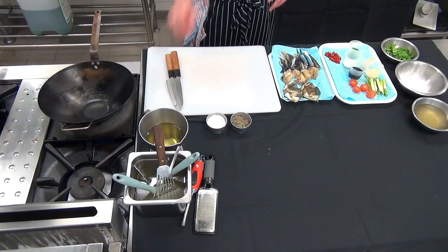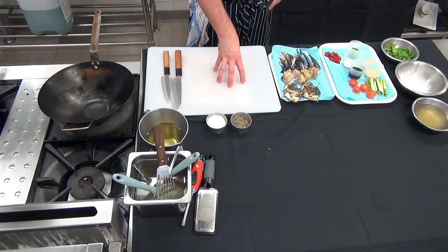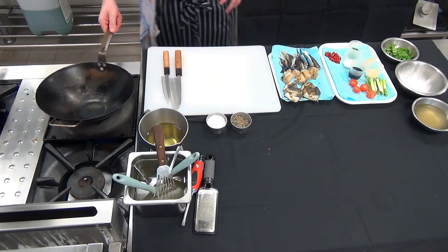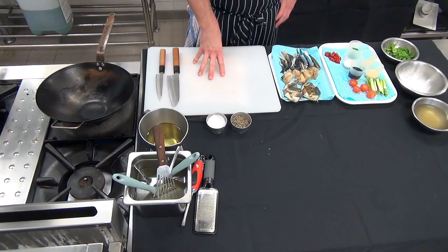Okay, chefs, next dish, Singapore chili crab. Now this dish can be particularly dangerous if you don't take care with what you're doing. So in the TAFE environment, if you're in normal class, we'd be using a wok. Now, I'm well aware that most of you won't have a wok at home, so you can do this in a frying pan if you like,